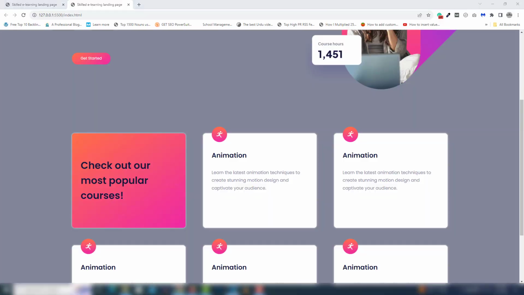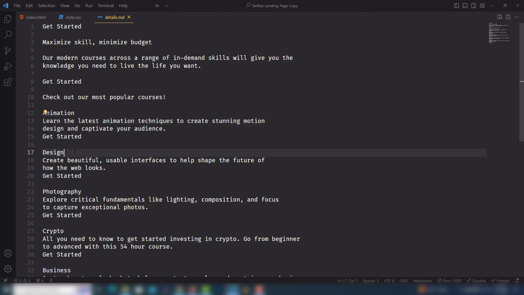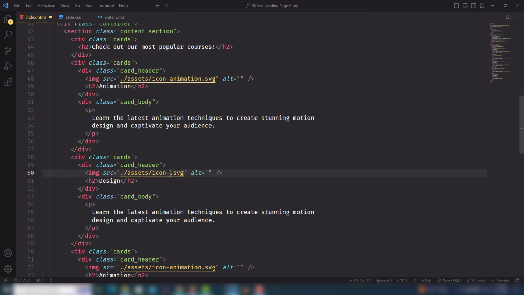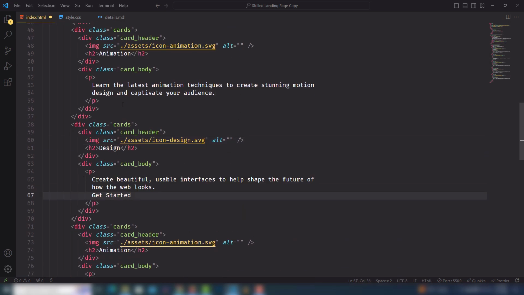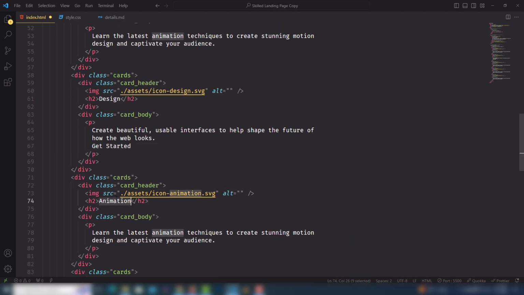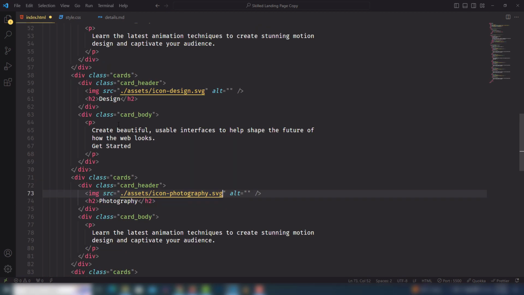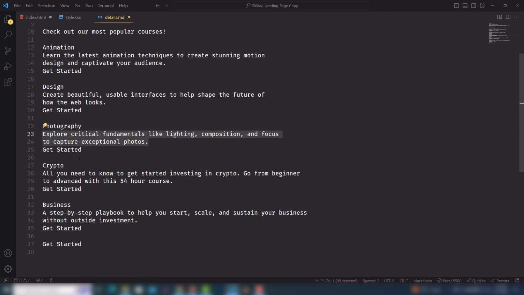Right. So we need to change the contents. So the first one is animation, so I need to get that. The second one is design, so that is design. So I'm going to change the image design, and the design content is like this one. Get it, paste it, and that is photography. So I'm going to get the photography on there, and I need to use photography. Content is like this one, and like that, and yeah. So I'm going to get it